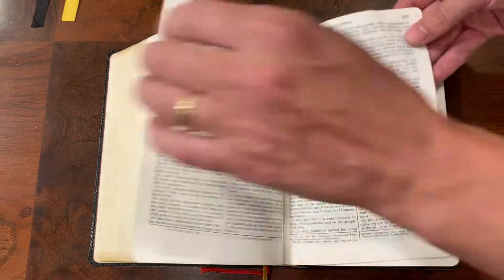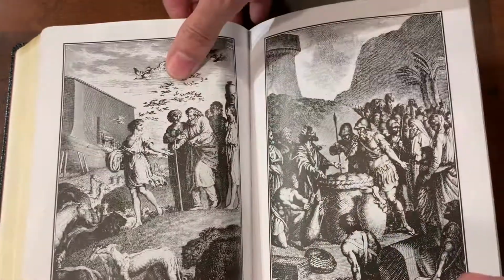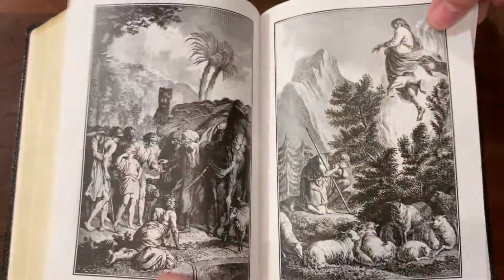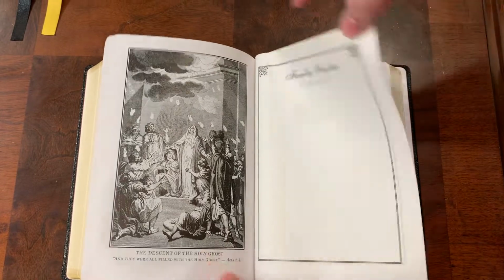When you get between the Testaments, this is really cool. It has your wood stamp art. It has 32 of these, and it includes some of the apocryphal ones. It has your family records in the middle. Of